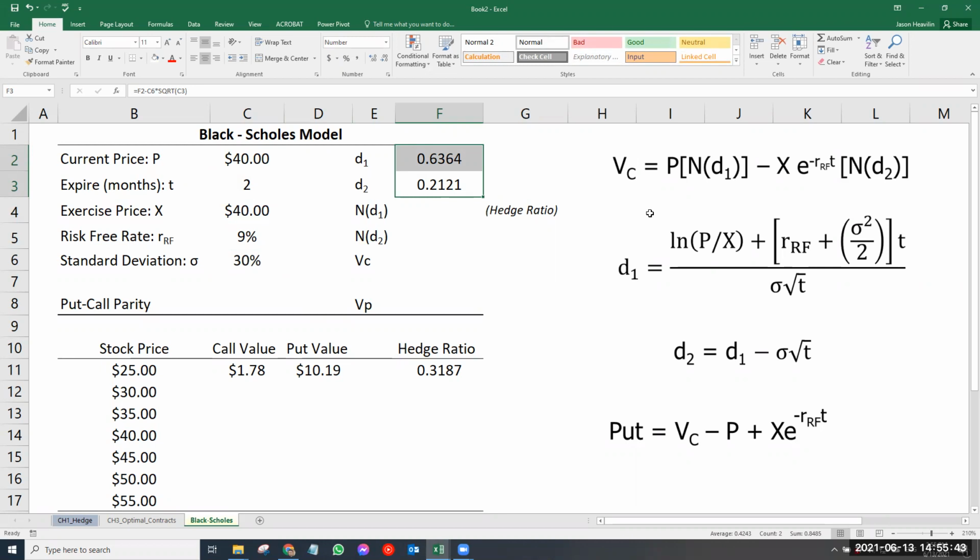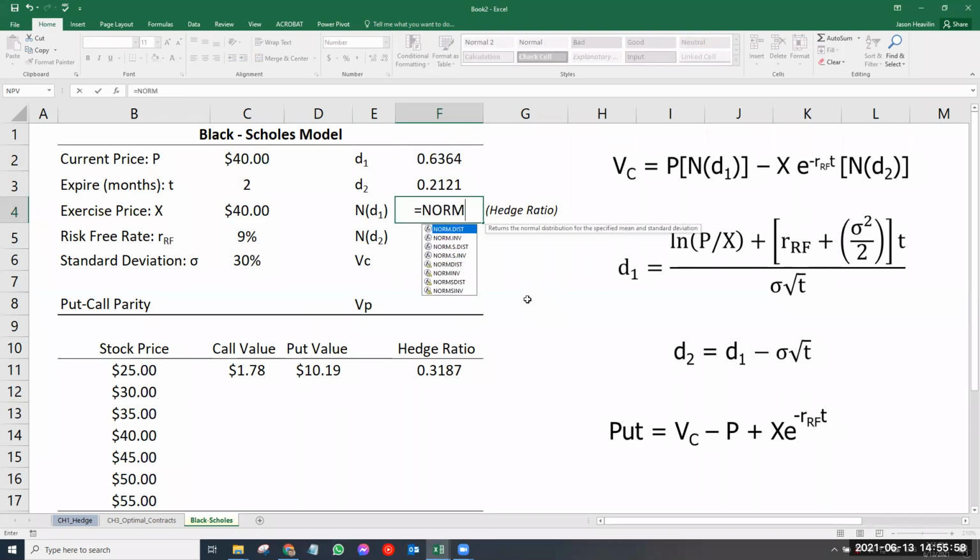Now this N represents the normal distribution probability. So we're going to talk about a function in Excel that's going to give us that N. That N in Excel means normal distribution. Now for the X on the normal distribution, we want to get